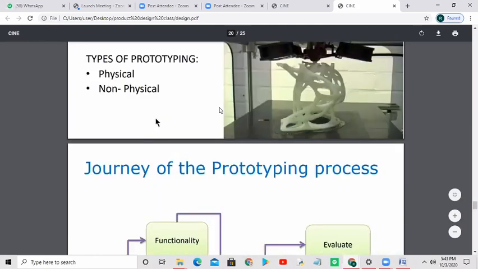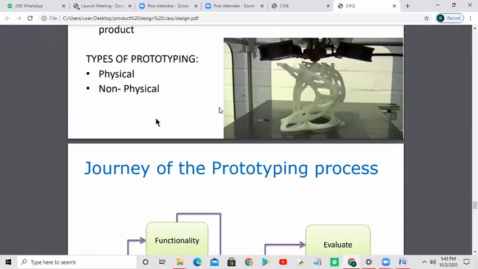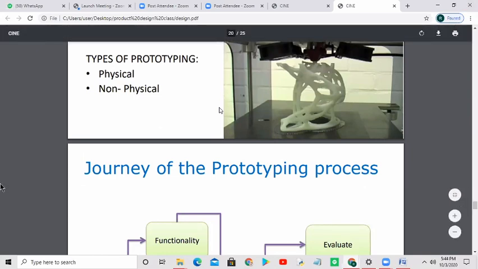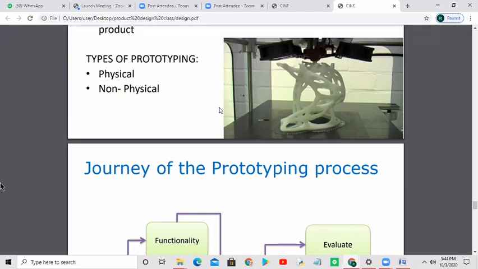Prototype means sometimes it is very important to see the functionality of the object. For example, in interiors, suppose let's consider a small residential lobby of a house. If you want to create a flower vase, or at the first entrance a credenza or a console where people will enter and keep their car keys, umbrellas or some bags, whatever they have got from outside, then it is very important that functionality has to be given priority.